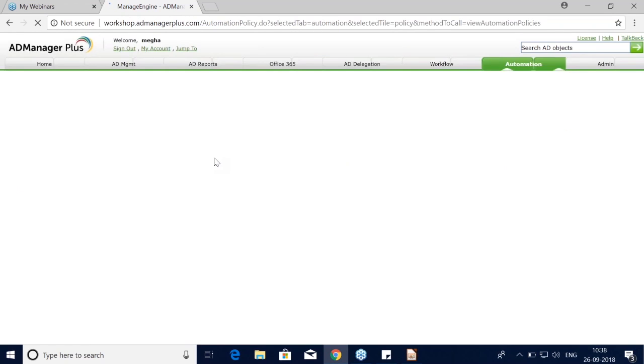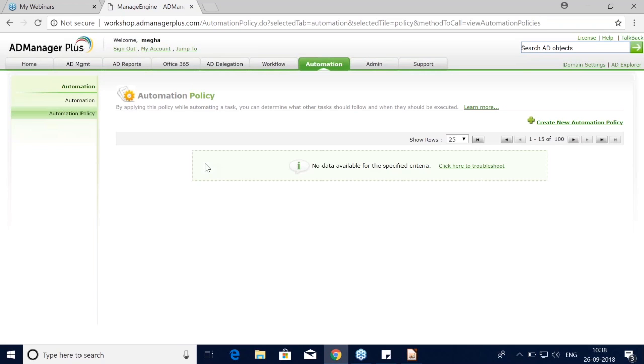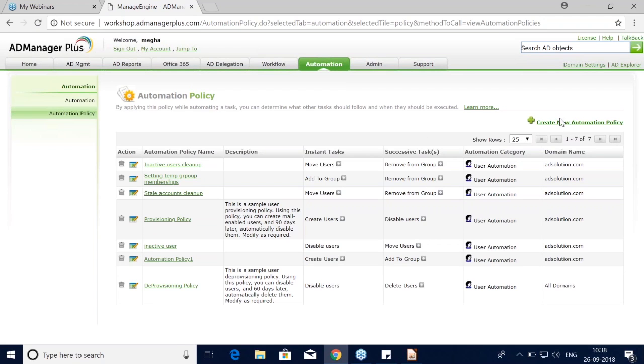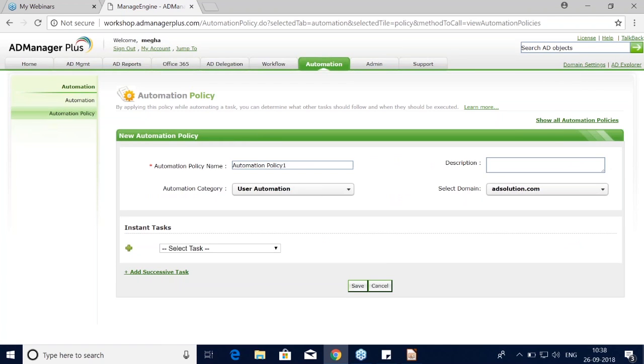Once you click that, it's very similar to the inactive users cleanup policy that we did. On the top right corner, we have create new automation policy. Just click that and you can set a task. So we're adding users to groups and then removing those users from those groups, right? Under user automation, so this is a user automation. So the task is going to be